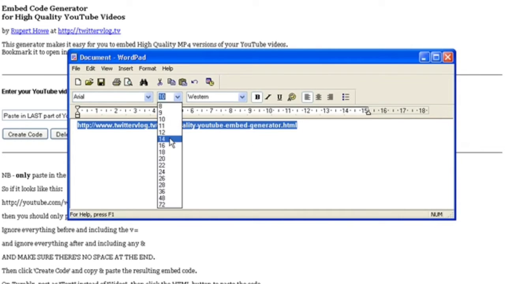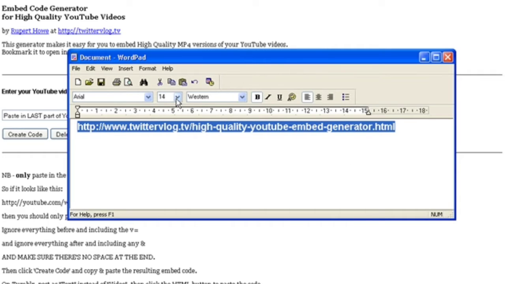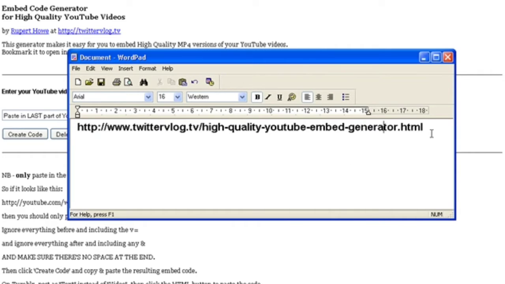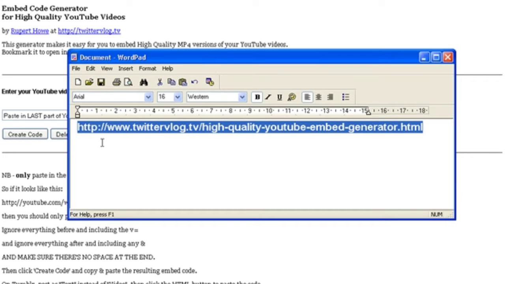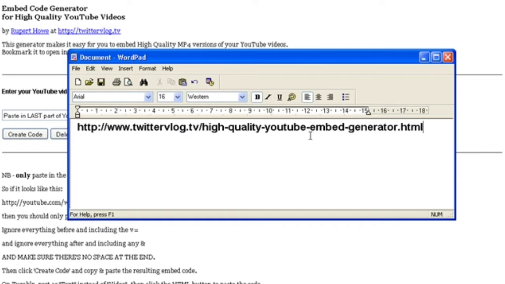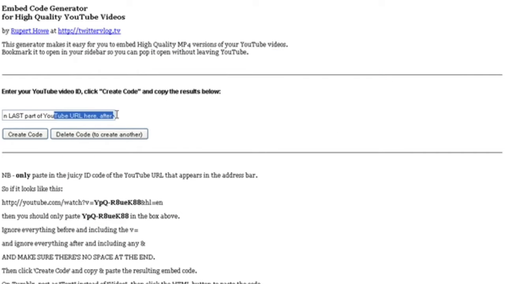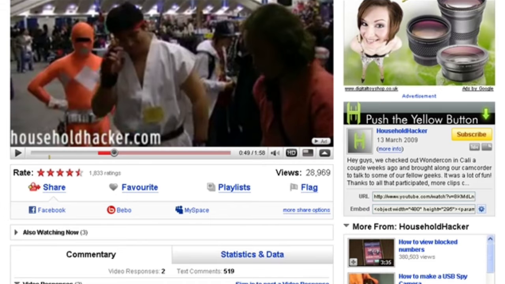I'm just going to pause the video here. Write this down, save it, bookmark it, because you're going to be using this every time you want to embed one of these high quality videos into your site: Twitter vlog.tv high quality YouTube embed generator.html. Now what you need to do here is enter the last part of the YouTube video URL after the V. So if we go here, let me grab this URL,